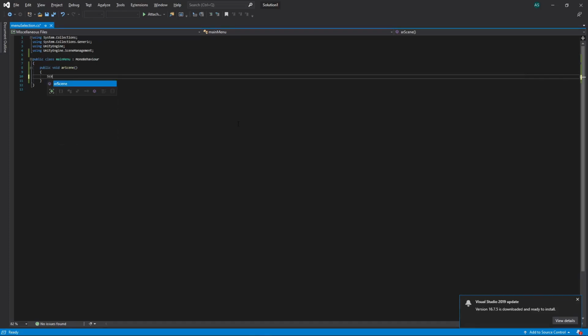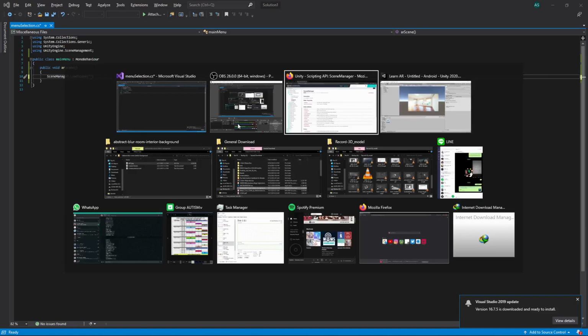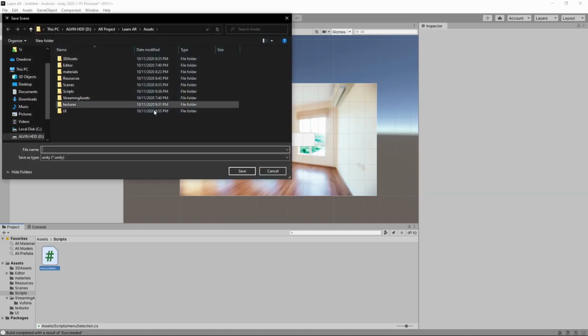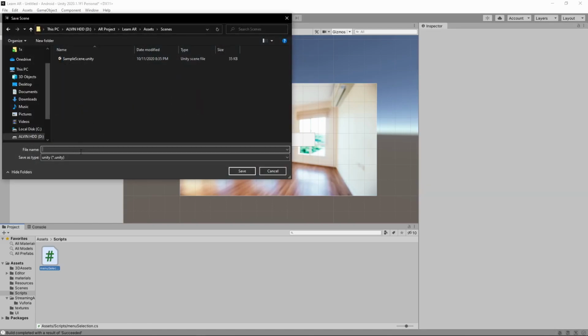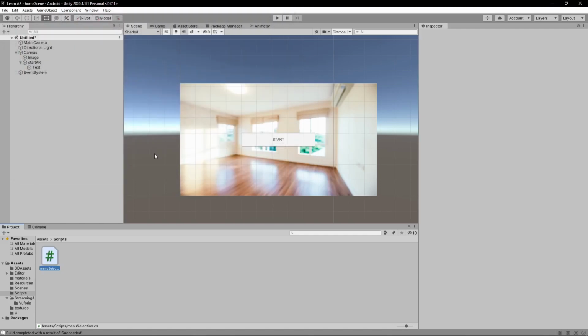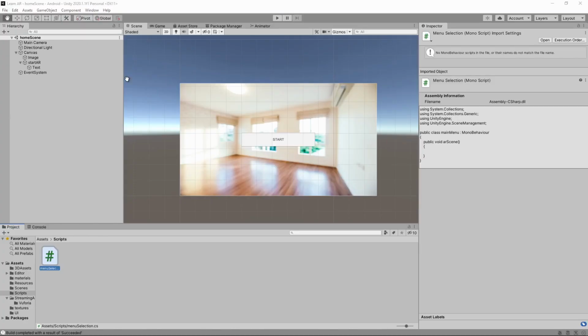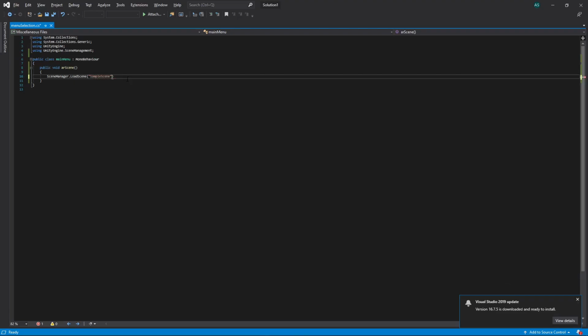From here on we'll type SceneManager.LoadScene. Let's give this scene a new name. For example, this one will be the home scene. This one is sample scene. So we are going to create a new one, some home scene, where if we press this button it will load the sample scene where the AR is located. So yeah,